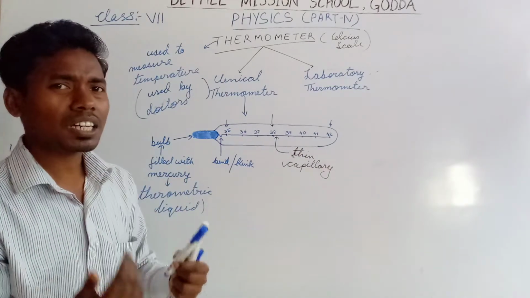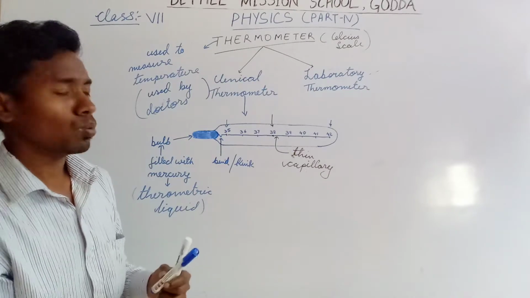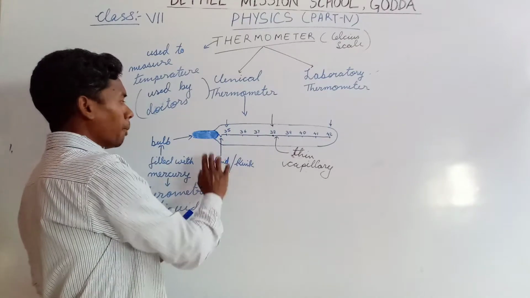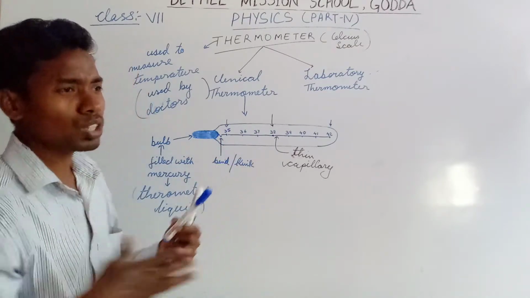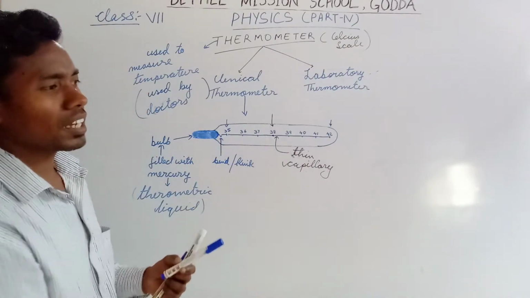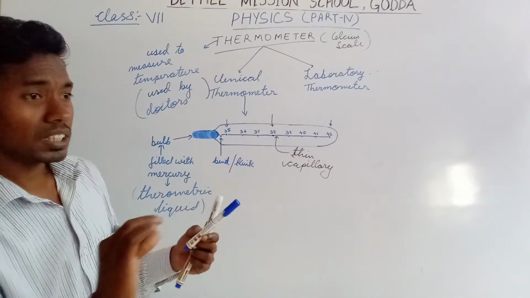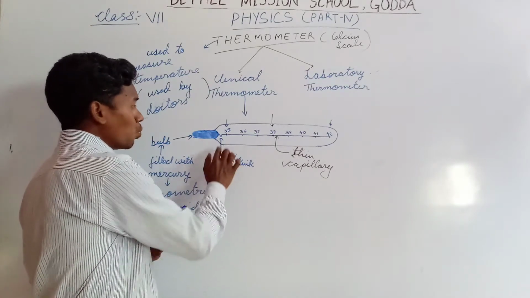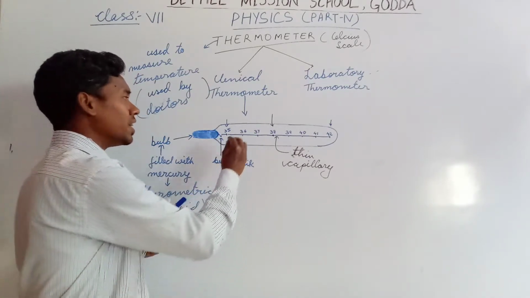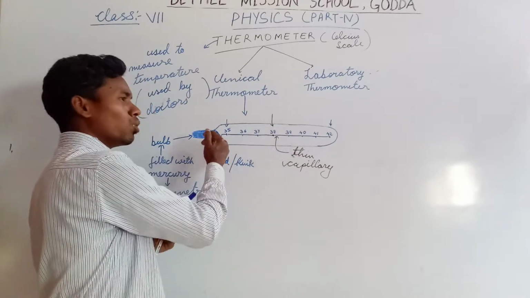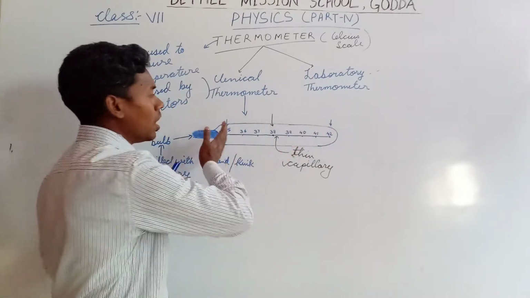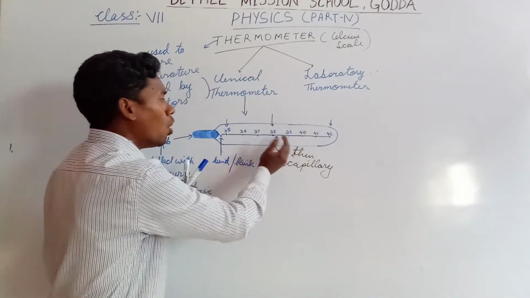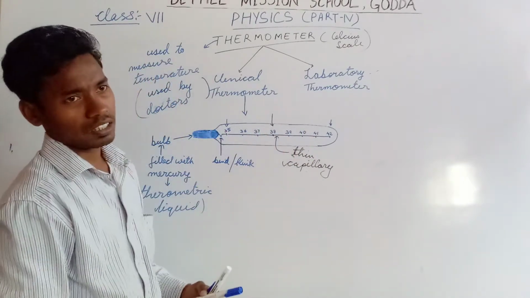So will this give us the correct reading? No, it does not give us the correct reading. So why is this bend here? Bend is like a breaker. You know, when you go on the road, what happens? There is a breaker. It reduces the speed of the vehicle. In the same way, here, this acts as a breaker and it reduces the speed of the back flow or the front flow. It reduces the speed of the mercury to move front or move back suddenly.